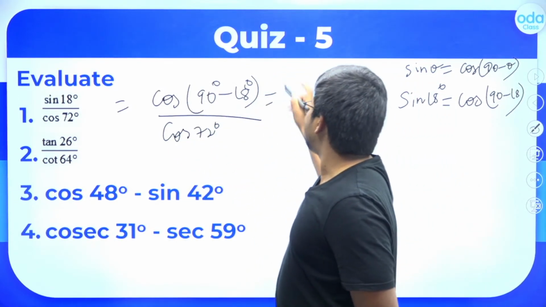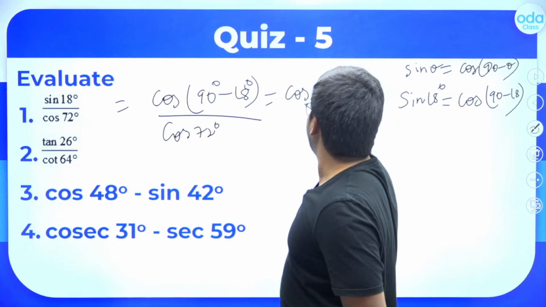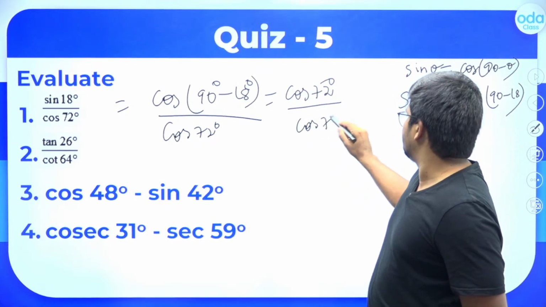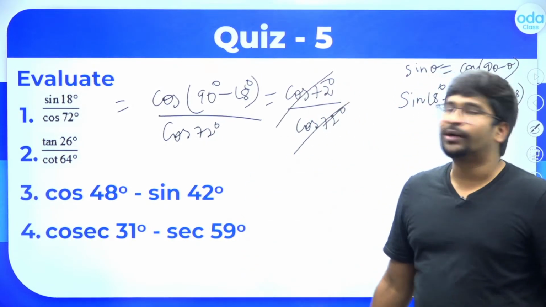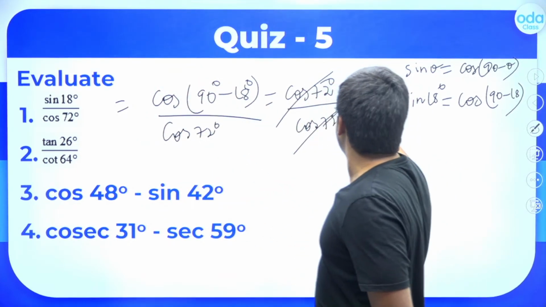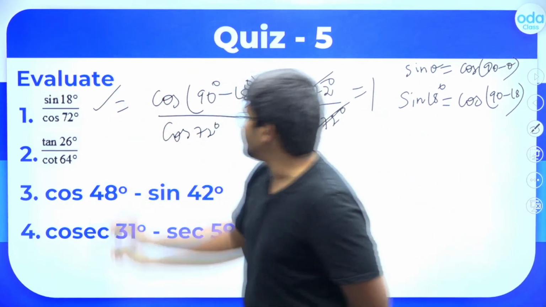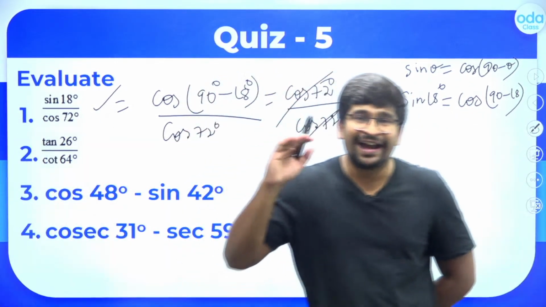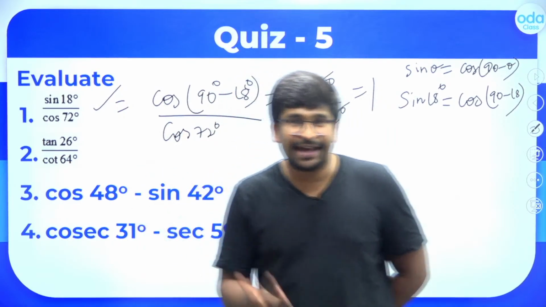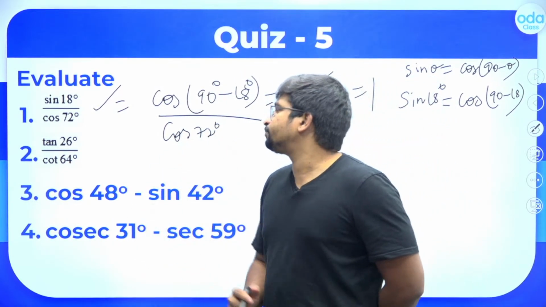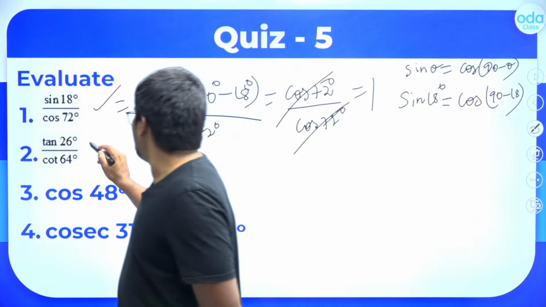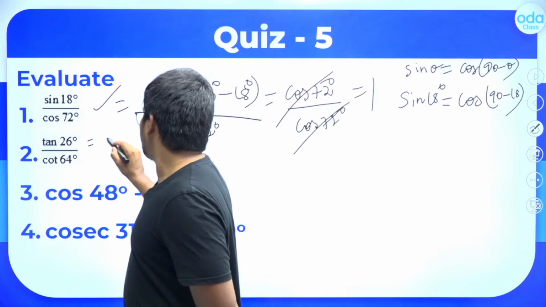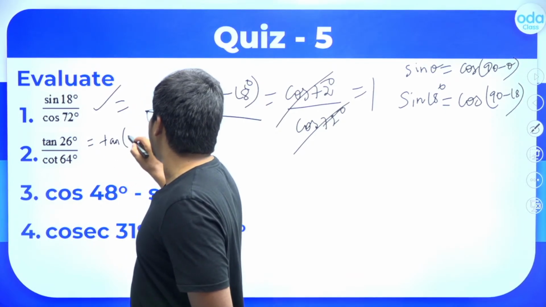Correct? So cos 90 minus 18 is 72. So it will become cos 72 degree divided by cos 72 degree. So cos 72 and cos 72 cancel. What will be the answer? This answer has to be 1. So here the answer is 1. Same way around, tan 26 degree divided by cot 64 degree. They are complementary angles, right? So tan 26 degree, you know that tan 90 minus theta is cot theta. So tan of 26 degree can be written as,